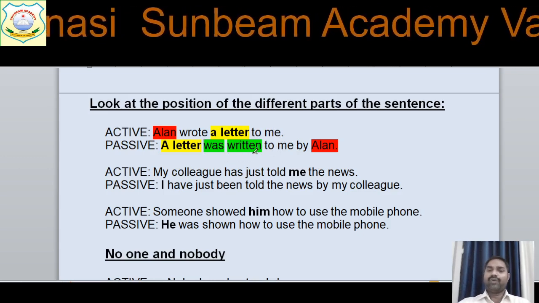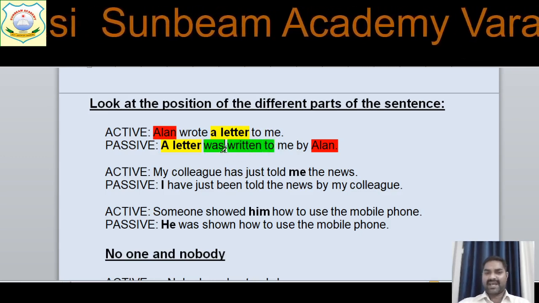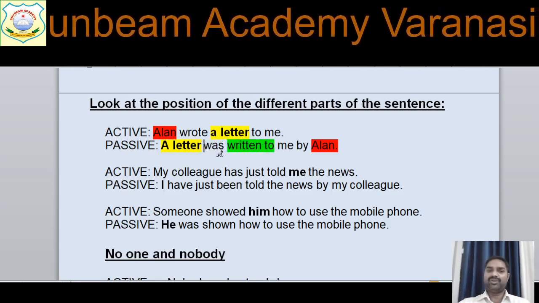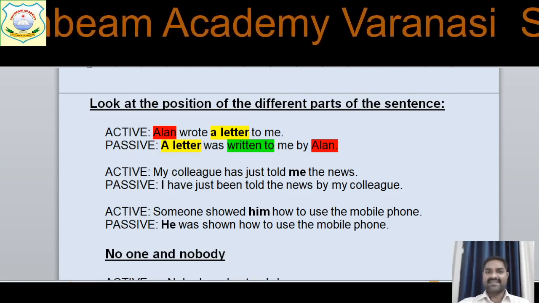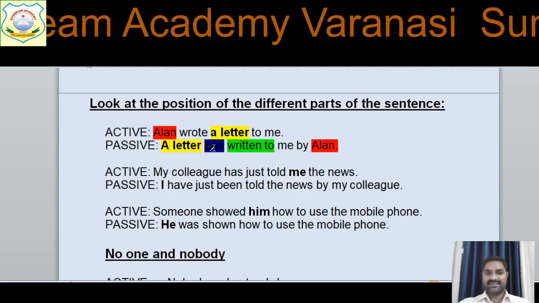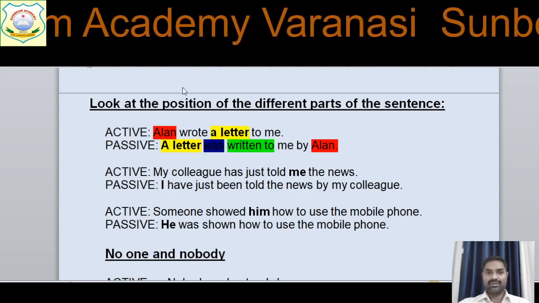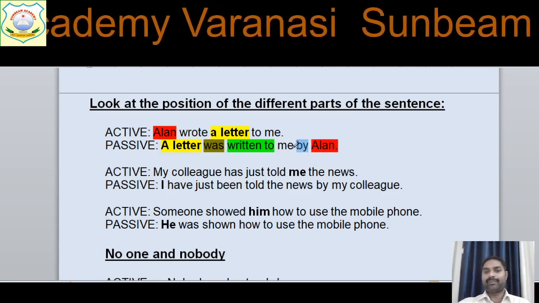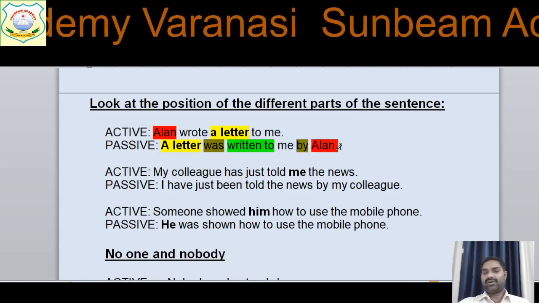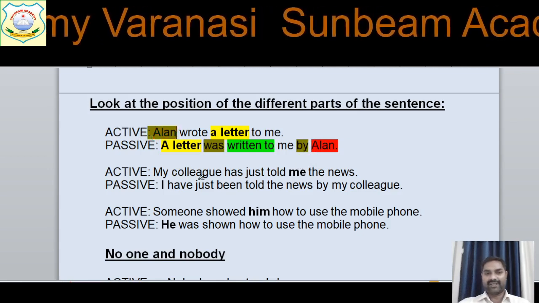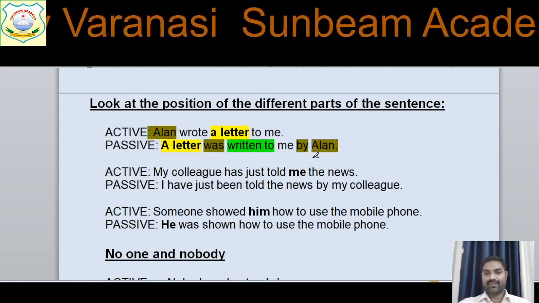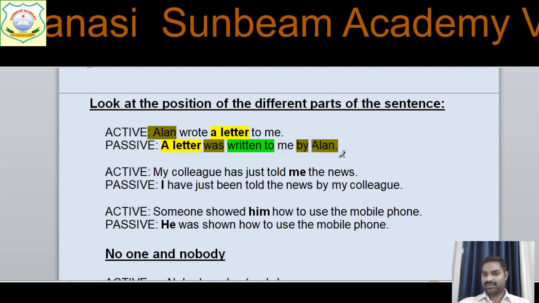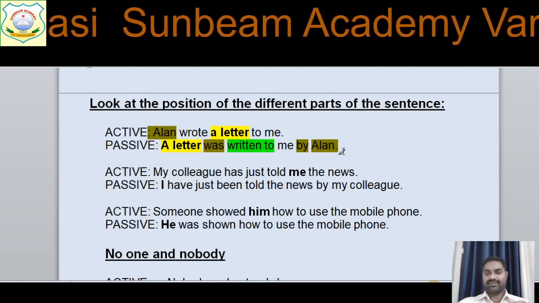Just understand that we always use the third form in the passive voice, and the third form of the verbs requires helping verbs, and helping verbs are used according to the tenses. Okay, whatever tense you make use of. Then you use the preposition by, and then you write down the object from the subject of active voice. Okay, and where it is understood who the doer is, you need not write the object, and where the